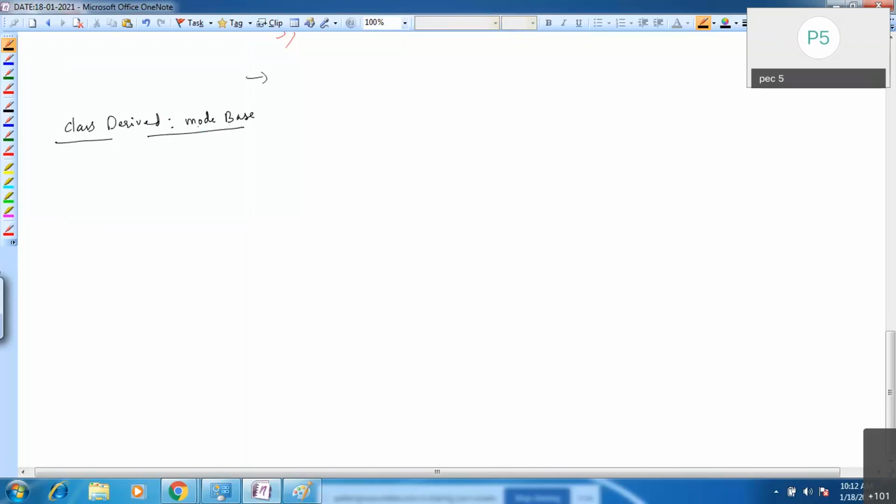For example, in place of mode, if I use private, that is private inheritance, or you can say private derivation.